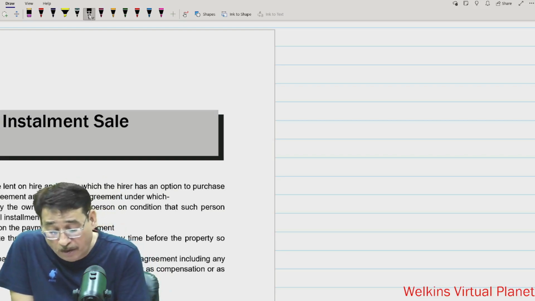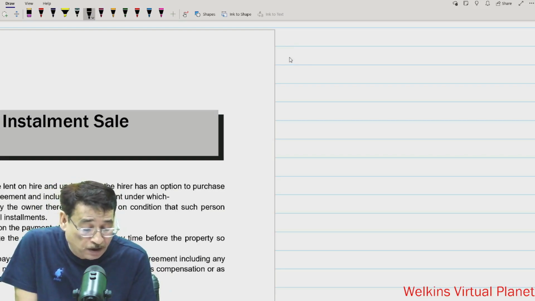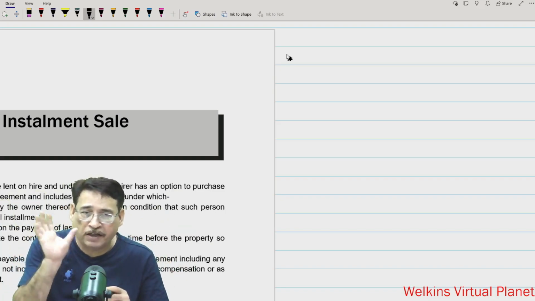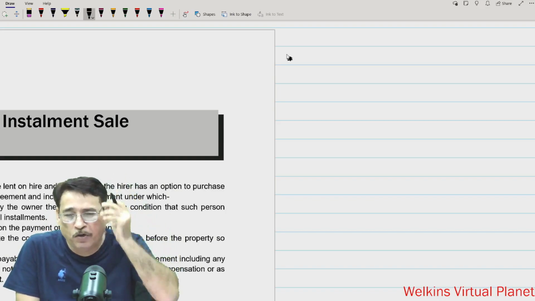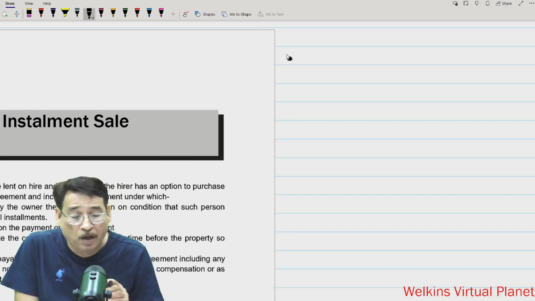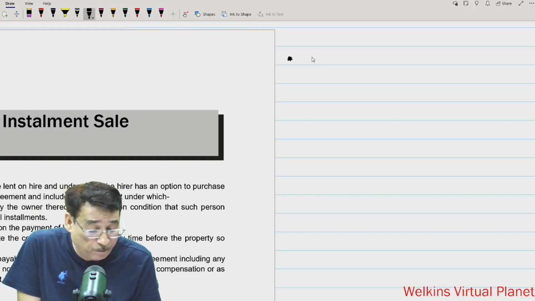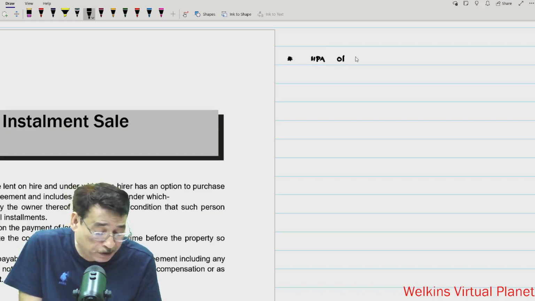Hire purchase system. Under this point, first of all, you need to understand that in India, all hire purchase transactions are governed by the Hire Purchase Act of 1972. Nowadays you are also asked objective type questions, so it is very important to keep a little bit of an eye on the theory. So let's write immediately: Hire Purchase Act, in short form I have written HPA, the Hire Purchase Act of 1972